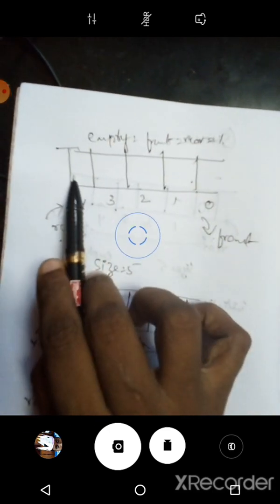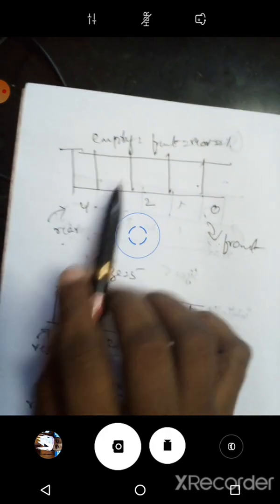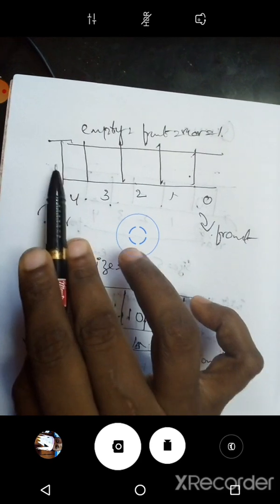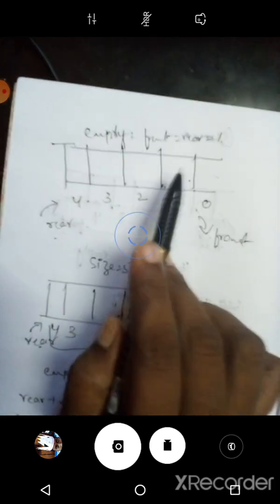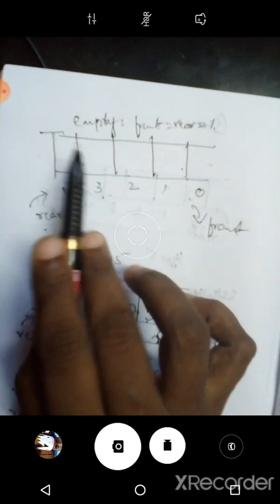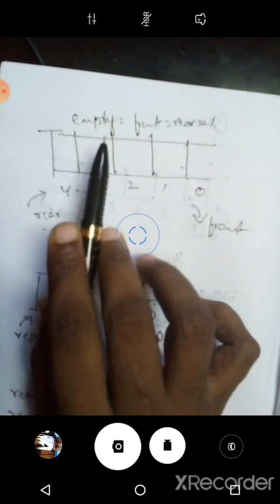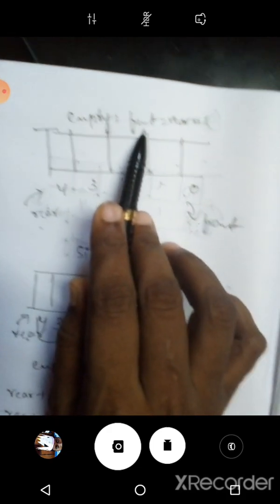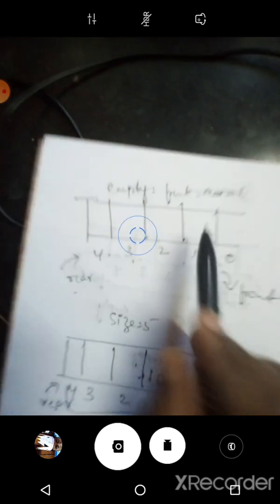The size is 5, from position 0 to 4. We have to know that no elements exist in the queue. In that case we call it the empty queue. What is the empty position? Front and rear are both -1, so we initialize them to -1.